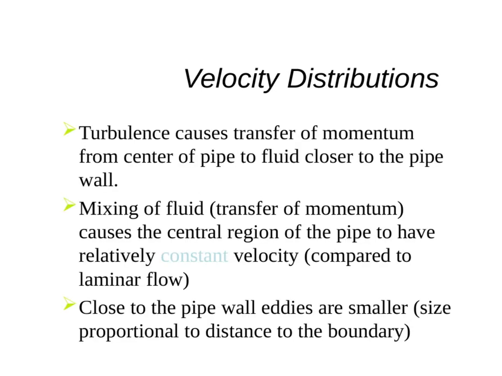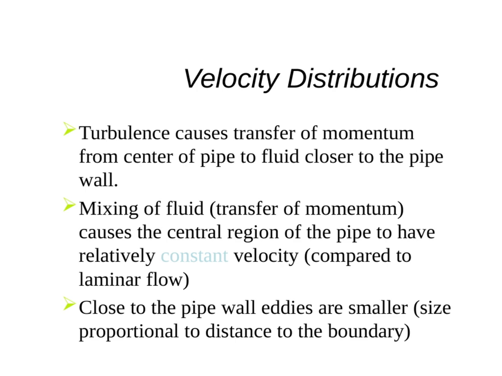Turbulence stirs things up inside a pipe. It moves momentum from the center out toward the edges, mixing the fluid as it goes. This mixing keeps the velocity in the center more uniform than in smooth, laminar flow. Near the pipe wall, the swirling motions, or eddies, get smaller, shrinking in size the closer they are to the boundary. This slide shows how velocity spreads out in turbulent flow, revealing a very different pattern than what we see